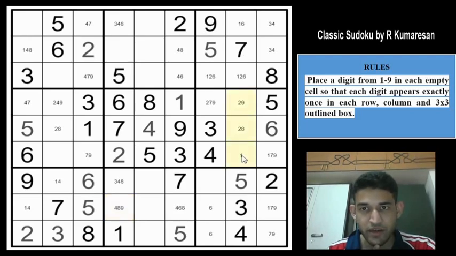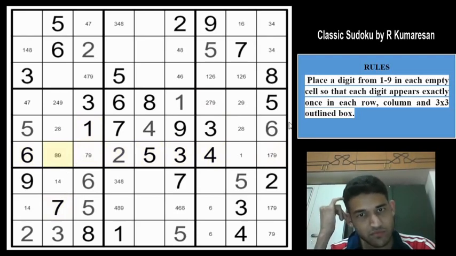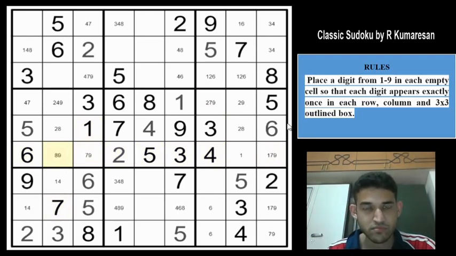The 7 cannot be in column 8, so 7 would have to go into one of these two cells. Fine. And this cell, if you look at, it cannot be 2, 3, 4, 5, 6 or 1 or 7. So this can only be 8 or a 9. So if you look at column 3, a 4 cannot be in this cell, a 4 must be going into one of these two cells, right? So which means we can use box reduction to eliminate the 4 from there.